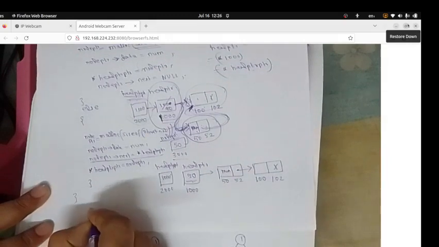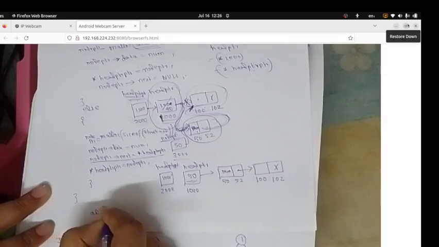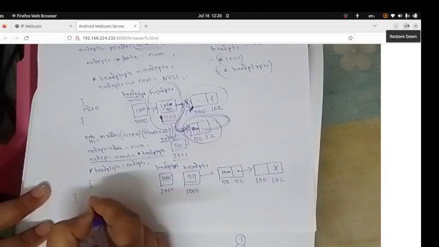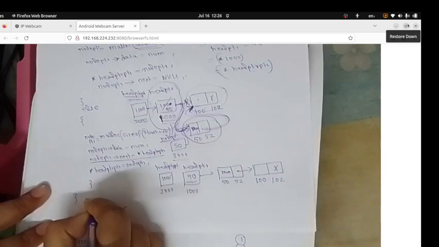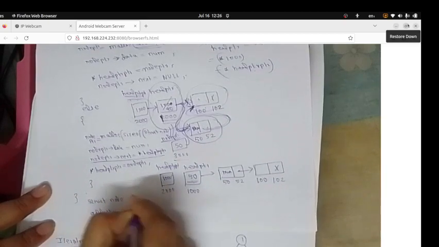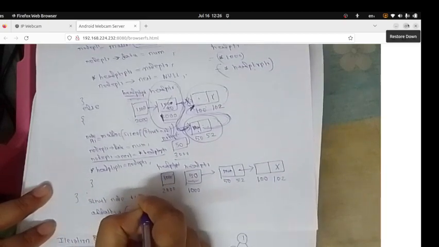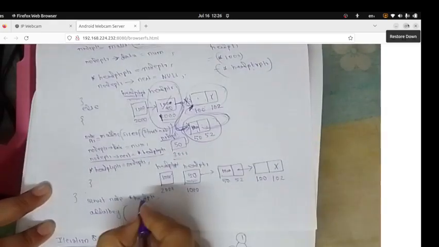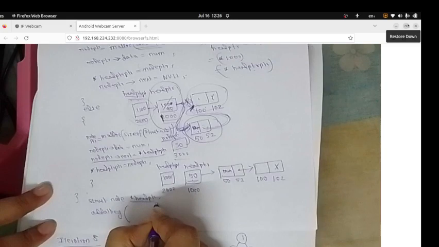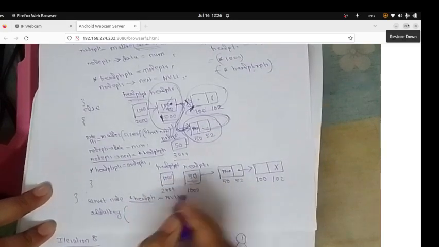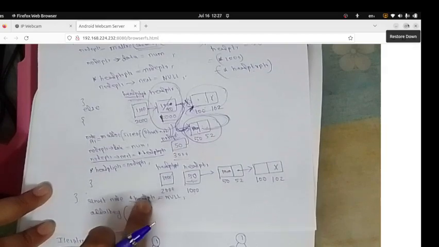For that we have to call the function add at the beginning, and in the main function I have to declare a pointer to struct node. This is the head pointer which is pointing to the head node of the list. Initially this is equal to null, and as this head pointer is getting changed, we have